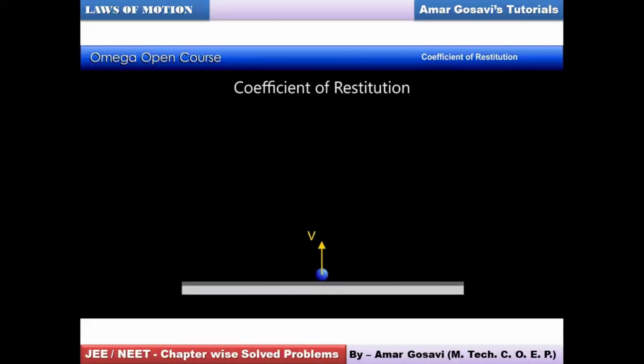Now in that situation, according to our definition, you can place the equation for coefficient of restitution as the ratio of separation speed to approach speed. So the relative speed of separation was v, the relative speed of approach is u. So e will be v by u, which further implies v can be written as e into u. So this is again an important equation which you would be using time and again for a tricky analysis,